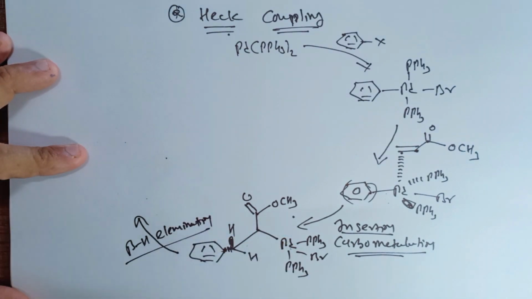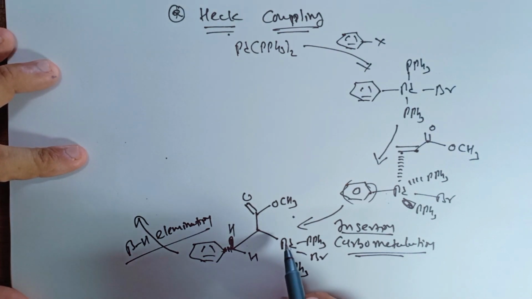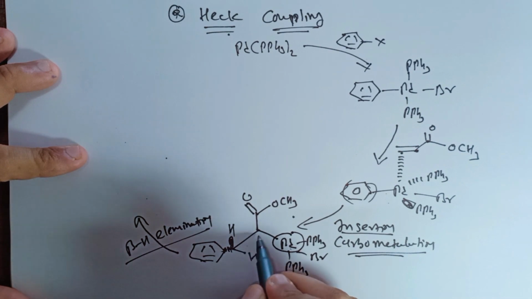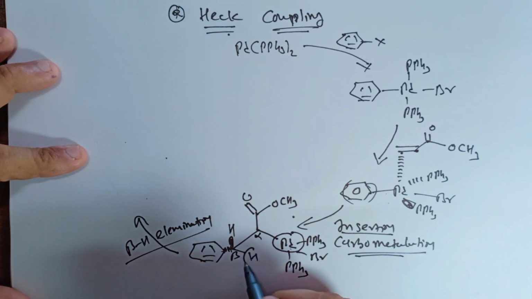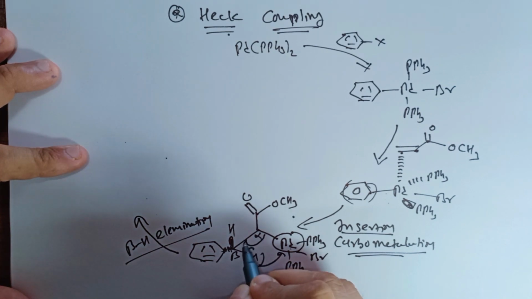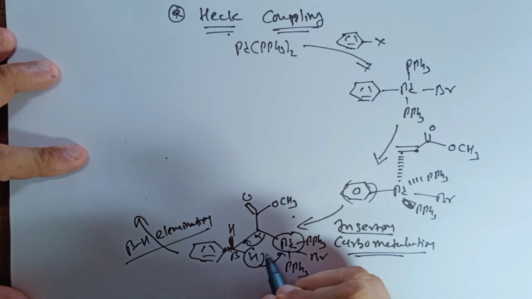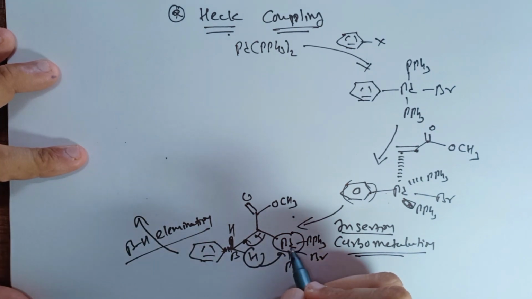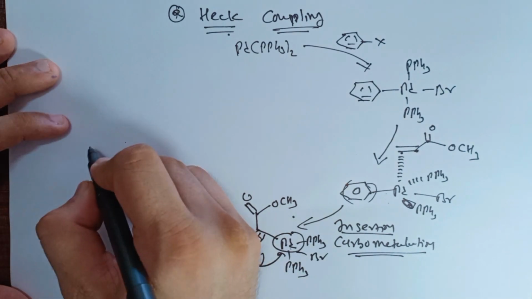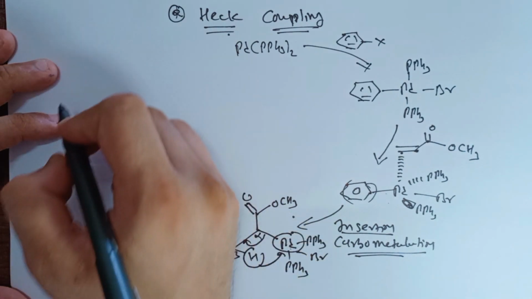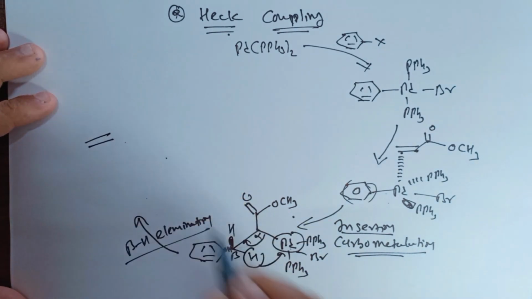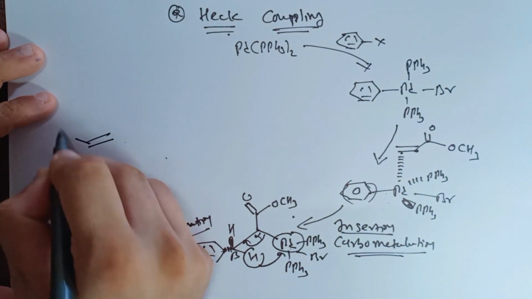Now, what is the beta hydride elimination reaction? Here we are having a palladium group. Now this is known as alpha, and this is known as beta. So now this hydride will be transferred over here. Now this bond will be transferred over here. So here we are having a double bond, and this hydride will be released from here. So now here, let's say this group I am writing over here, there is a double bond over here. So here we are having a hydrogen.